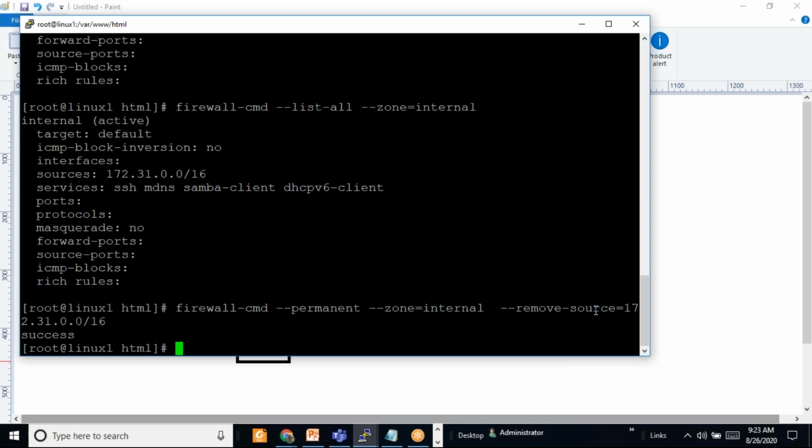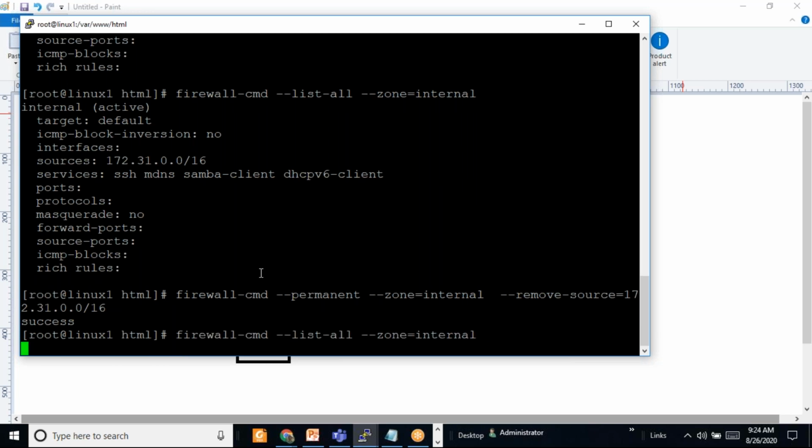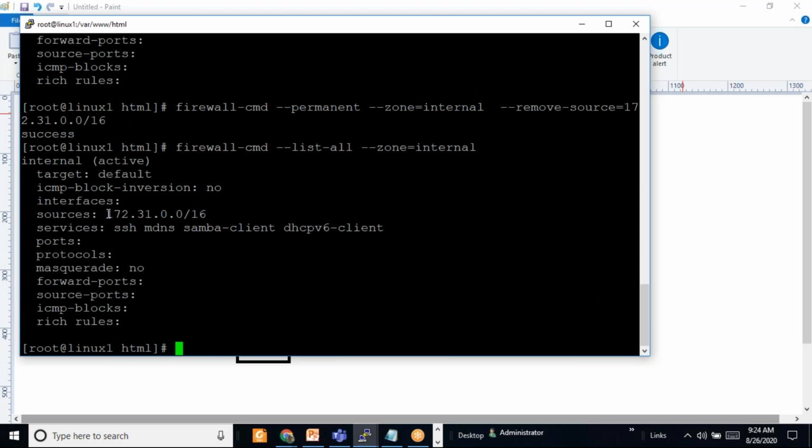Now when I check the list, previously this source address was associated with this internal zone. When I do this list command for the internal zone, we can see that the source address is not given. We have to reload also.